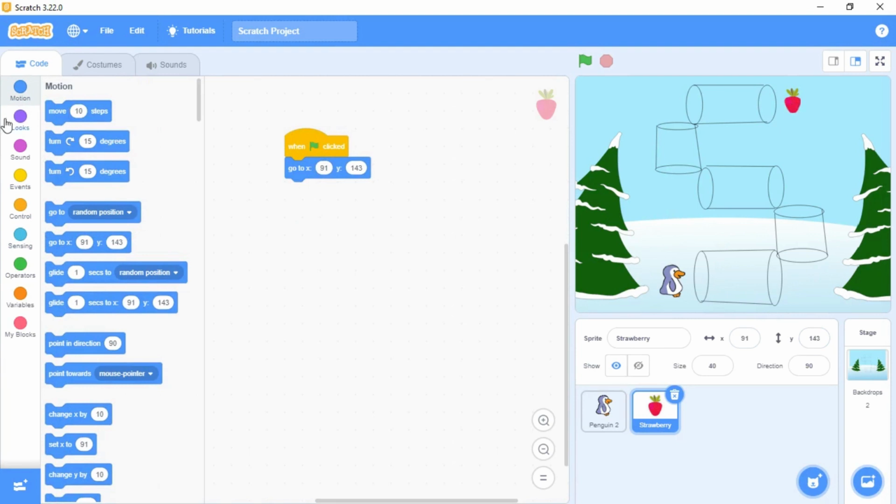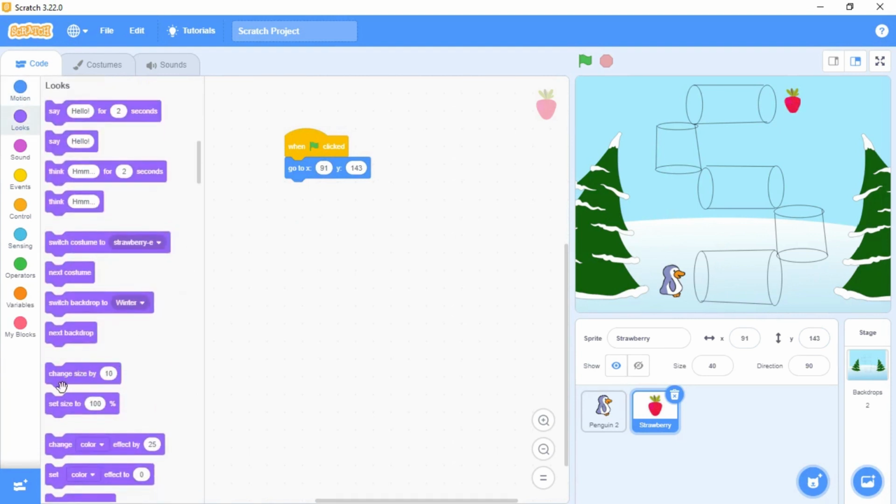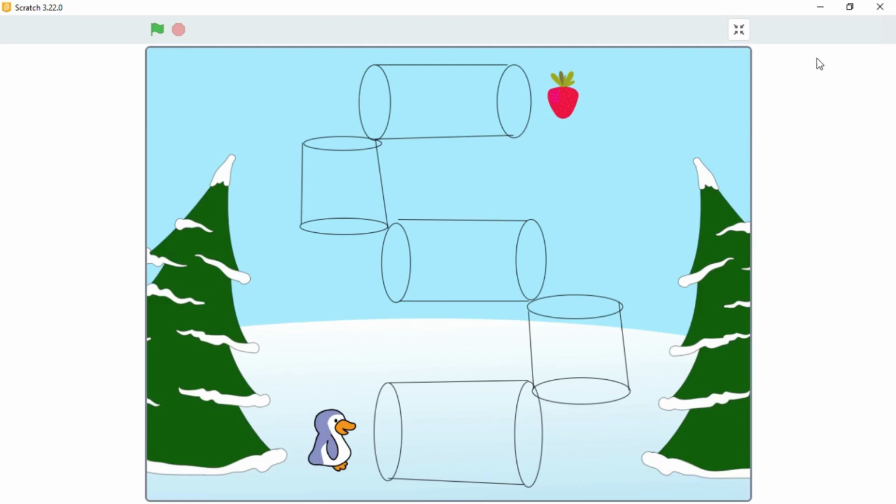Next, go to the looks menu and select the set size to 100% block and change 100 to 40. So now every time our game starts, this will be the size and the position at which the strawberry sprite will be placed. Now let's make this full screen and